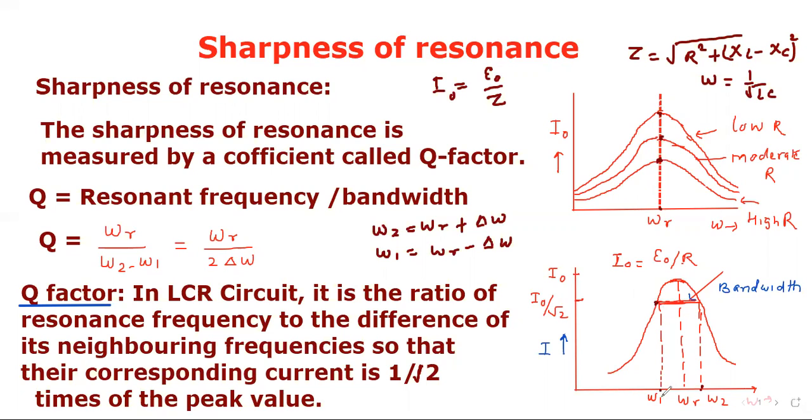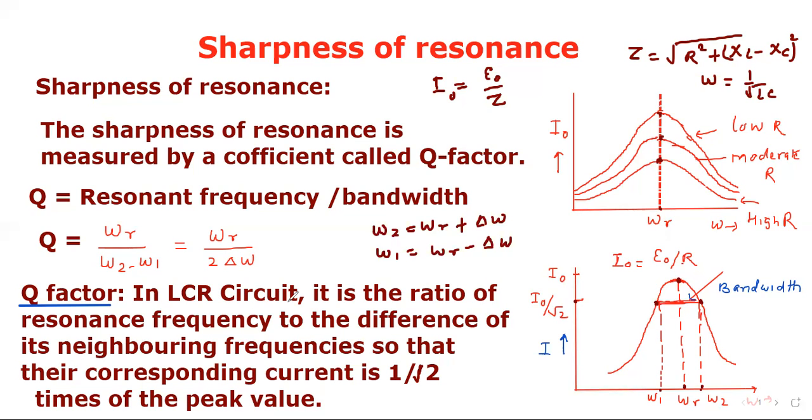At these angular frequencies, maximum current reduces to 1 by root 2 times. So at omega 1, the current is I0 divided by root 2. At omega 2 also, it is I0 upon root 2. And when omega is equal to omega r, current is maximum, it is I0, which is E0 divided by R. So quality factor,